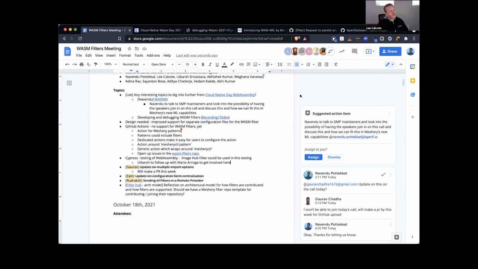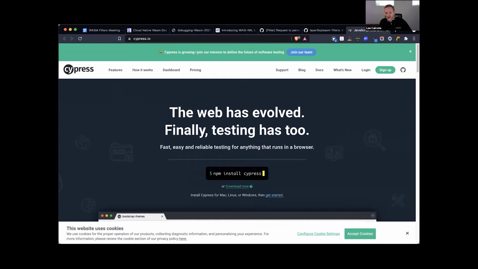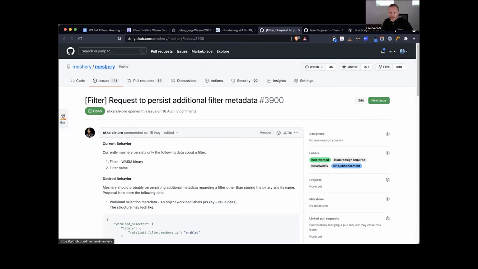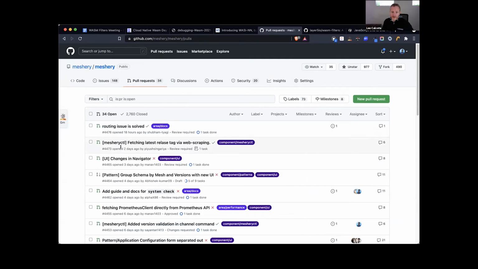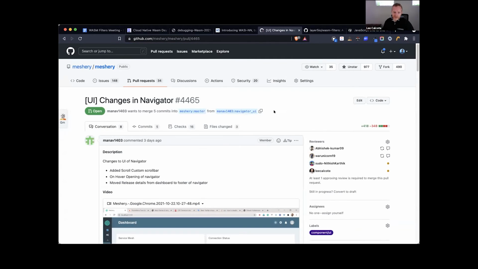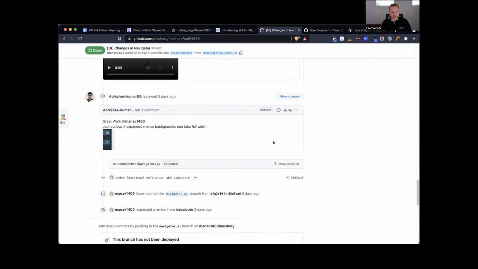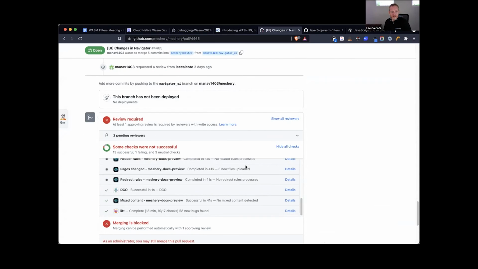And so Vishal, it would be good as you review the coverage that's there, which you can see inside of the repo. You can go to mostly any of the open pull requests and see what Cypress tests are being run and get familiar with the existing ones. You'll readily see that there are a lot of other functional areas of Meshery that are not being tested.